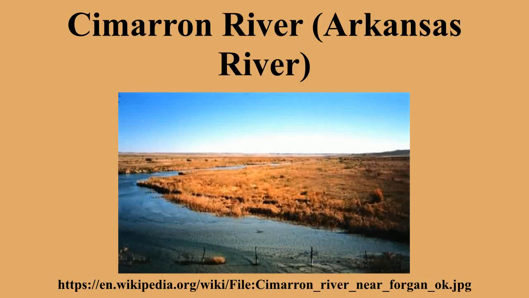Historical notes of interest: one branch of the Santa Fe Trail, known variously as the Cimarron Route, the Cimarron Cutoff, and the Middle Crossing, ran through the Cimarron Desert and then along the Cimarron River. Lower Cimarron Spring on the bank of the river was an important watering and camping spot. In 1831, Comanche Indians killed Jedediah Smith on the Santa Fe Trail near the Cimarron River. His body was never recovered.